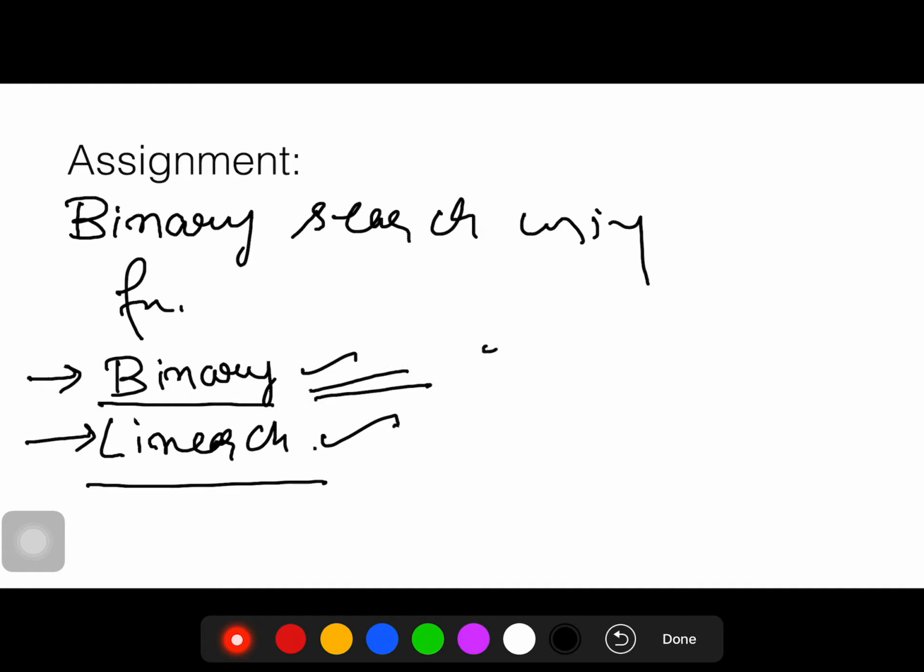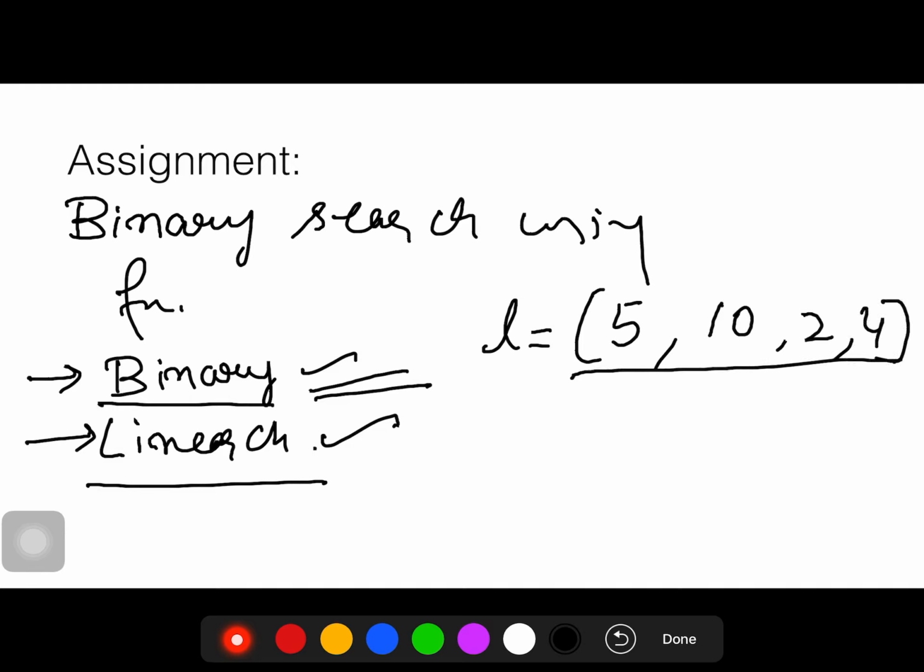For binary search, suppose you take a list 5, 10, 2, 4. You can't perform binary search on this list. Why? Because this list is not in sorted order.